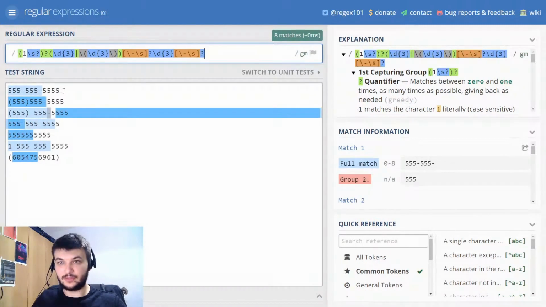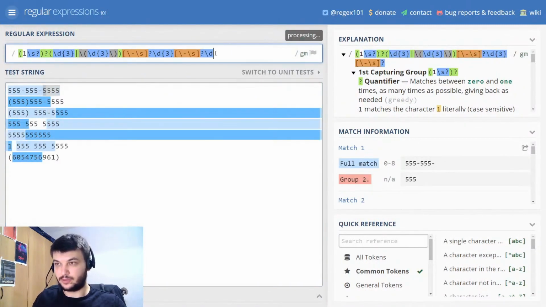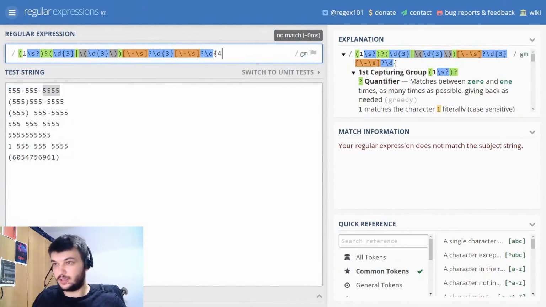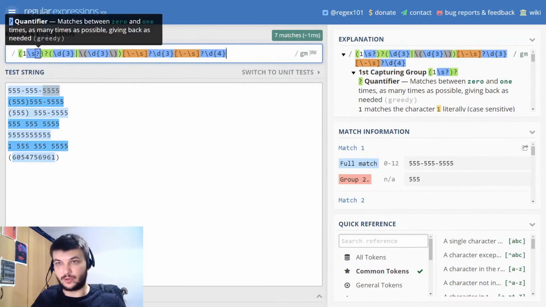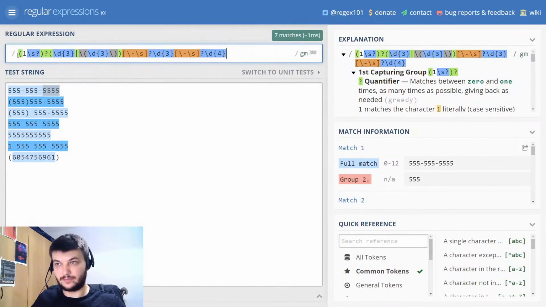Now, in the end, we want 4 more digits. So I'm going to put /d and 4 more digits. Great. I think we grabbed everything here. So I think this is everything we need. Okay, let's test this in